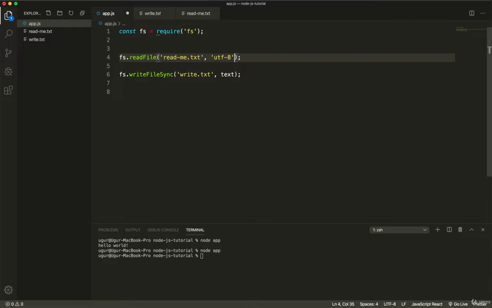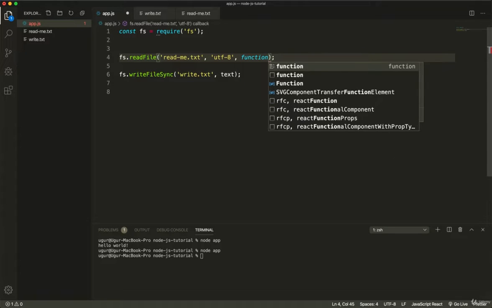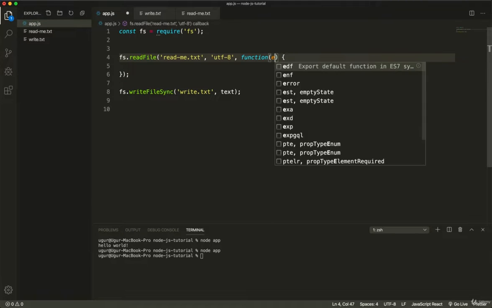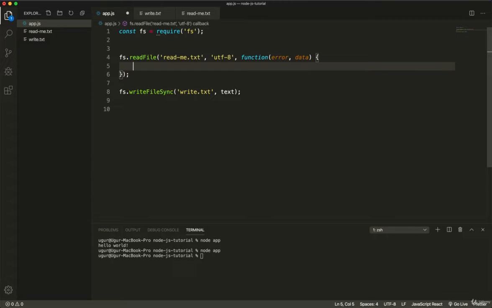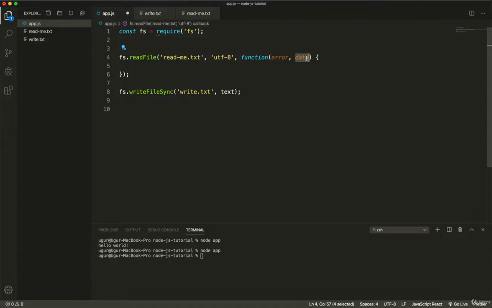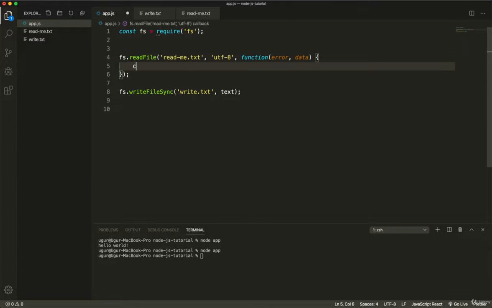So for this reason, we're going to use a callback function to fire when the process is complete. And that is going to be the third parameter in this method. So I'm just going to say function, open up parenthesis, and this function will take two parameters. First parameter is going to be error, and the second parameter is going to be the data. So if there's a problem, we will get this error message, and if there isn't, we can retrieve the data from this README text. All right, so let's log out the data that we're going to get from this file to the console. So I'm going to say console.log data,